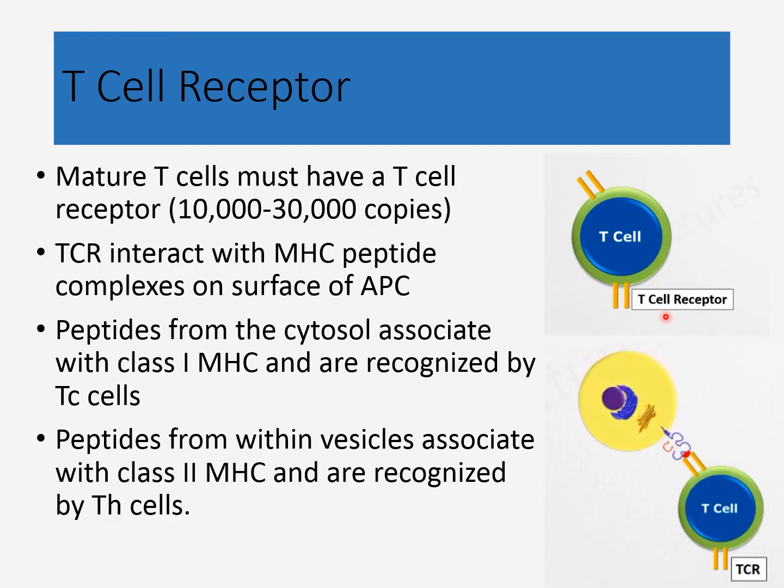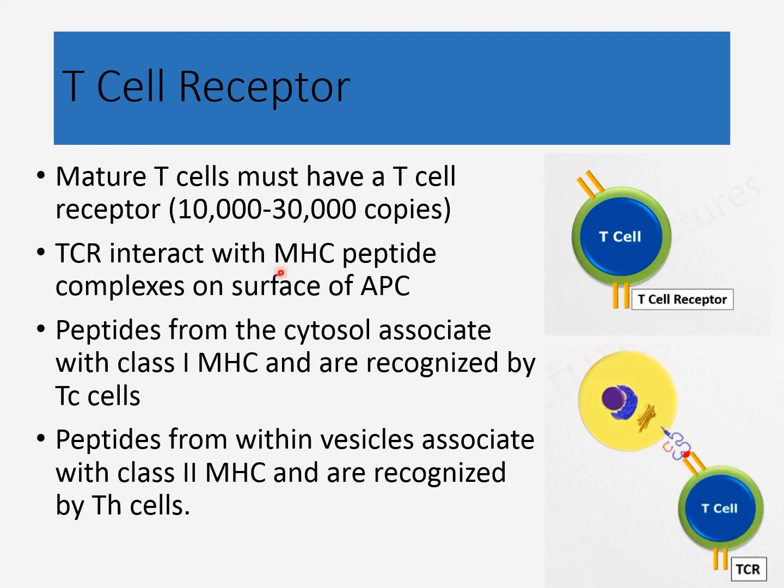Mature T cells have T cell receptors on their surface, as you can see here. A single cell may have around 10,000 to 30,000 identical copies of T cell receptors displayed on the surface. The function of the T cell receptor is to recognize antigenic peptide which is displayed by the antigen presenting cells